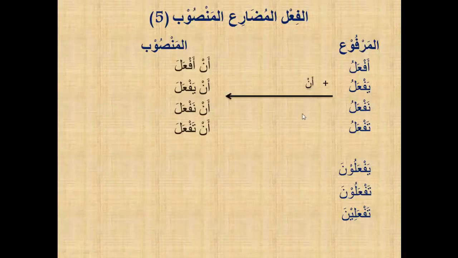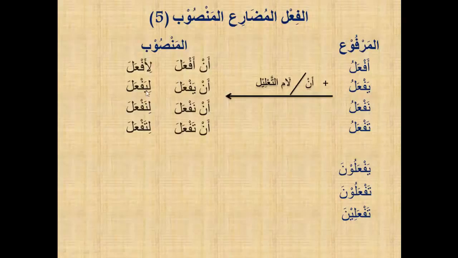Now let's see what happens. Let's observe what change occurs when we add a nasib. So let's add an in front of each verb and see what we have. We get an af'ala, an yaf'ala, an naf'ala, an taf'ala. What happens when we add lam ta'lil? We get li'af'ala, liyaf'ala, linaf'ala, litaf'ala. What do we notice? We notice that instead of a dhamma, we have a fatha on top of every last